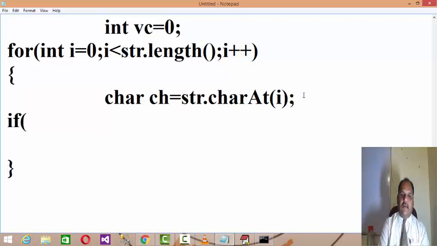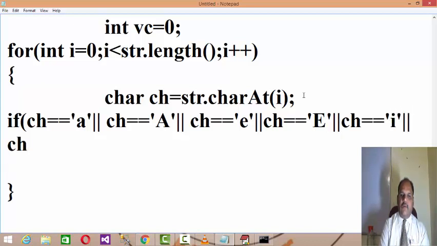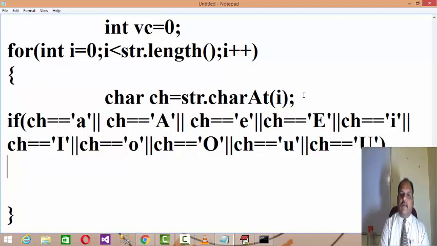Then I will write the condition: if that character matches A, or the character matches capital A, because the character may be available in uppercase also, or the character matches E, or capital E, or I, or capital I, or O, or capital O, or U, or capital U, right? In all these cases, because here I am using the OR logical operator.